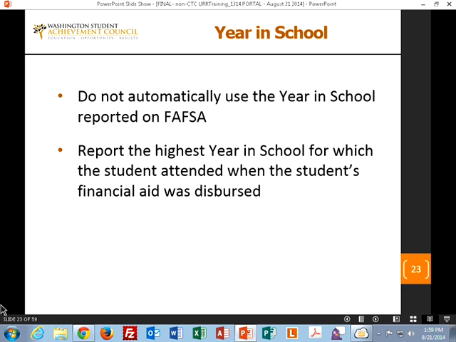However, if a student came in with Running Start credit or other credit, they may be a second-year or sophomore student by the final disbursement of the year, and so you would do that at the beginning of that year. But if we had you simply report the year in school now, there would be very few first-year students at most schools because they would have advanced their credits. But we want to capture that most of them were freshmen last year.